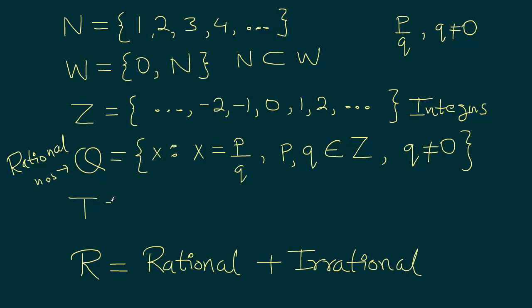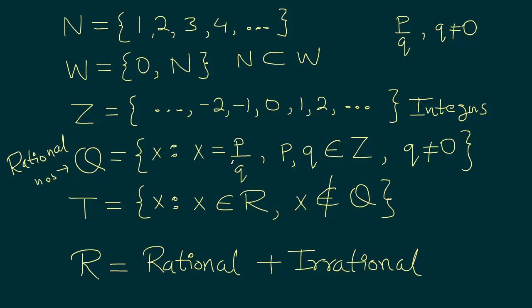So when we are defining T, we can write this as T is such a collection that contains element x, where x belongs to the real number collection, because real numbers contain irrational numbers, but x does not belong to Q. See if this is making sense. Q is all rational numbers which we have defined here like this. And T is irrational numbers. This is T. And this is real numbers. So we are defining T as it contains x that belongs to real numbers, but x does not belong